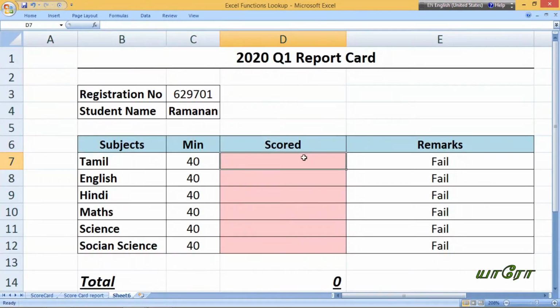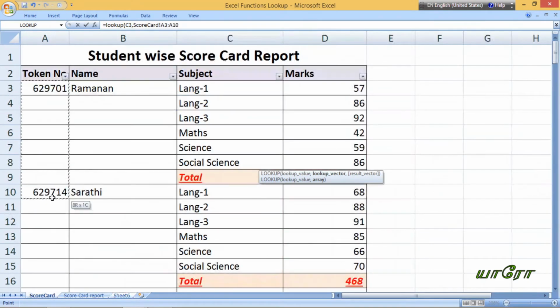Before I change it, VLOOKUP. Now this is my first value. I have to search here 164, comma, I want the result from here, 164.